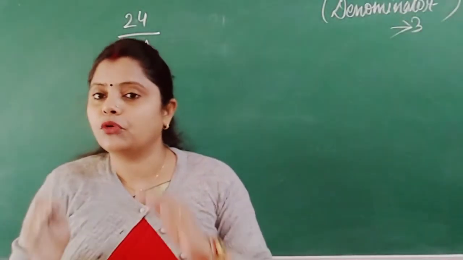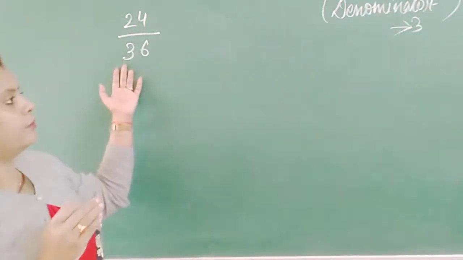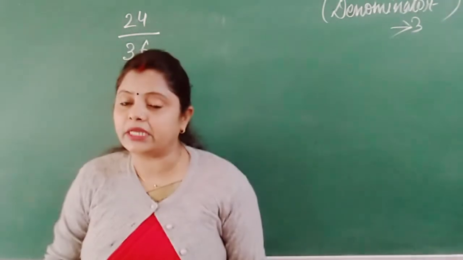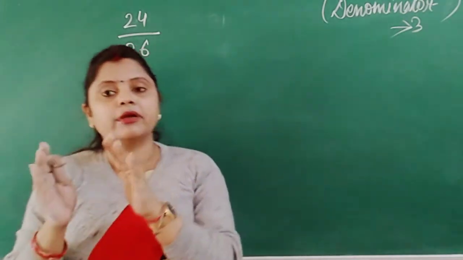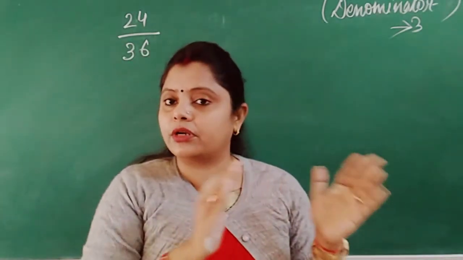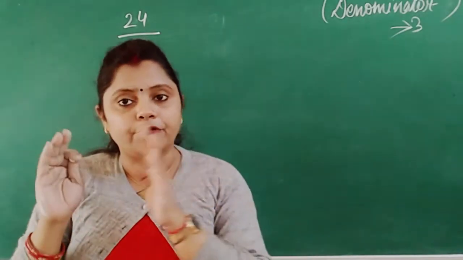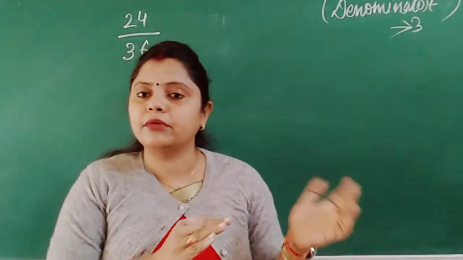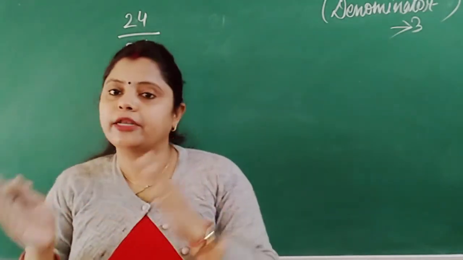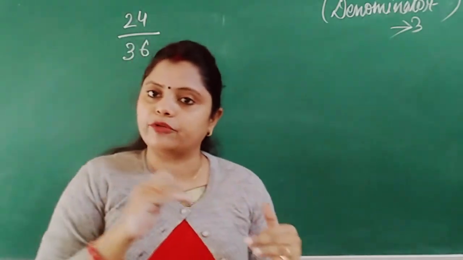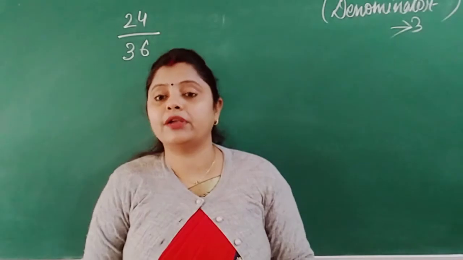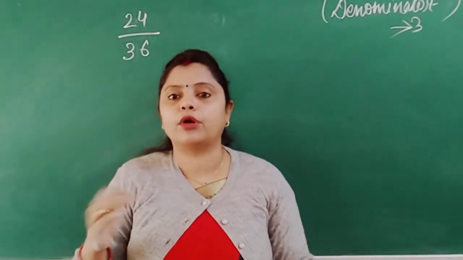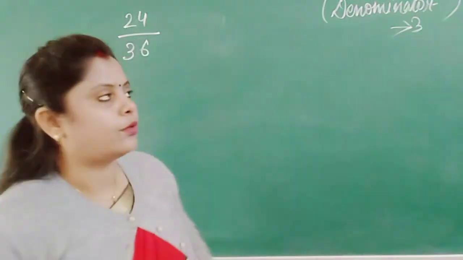Now what we have to do? Obviously 36 is a greater number and when we have to go to 3, we have to divide, right? From a greater number, if we are moving to a smaller number, we have to divide. From a smaller number, if we go to a greater number, we have to multiply. From greater to smaller, if we have to go, we have to divide. Now for getting 3, what should we do? How can we understand with what we have to divide? There is one thing you can do.